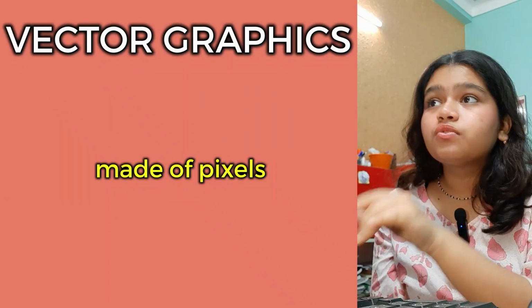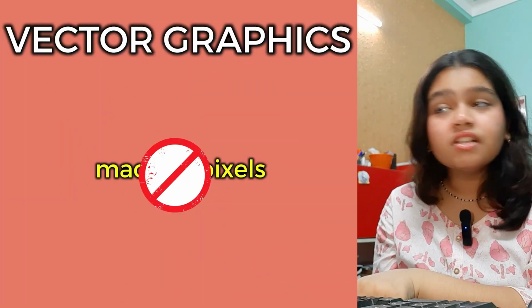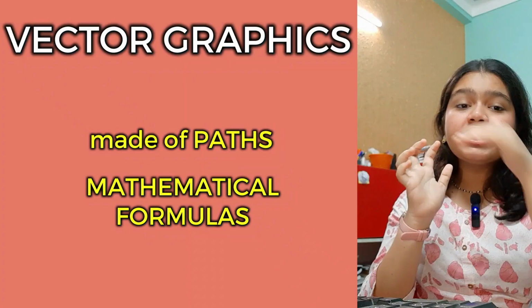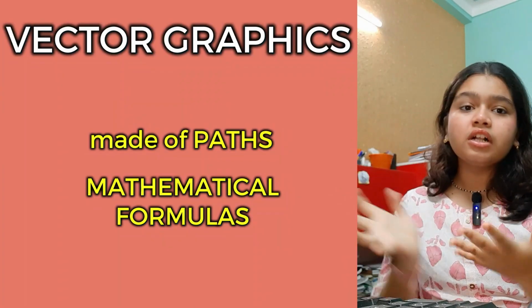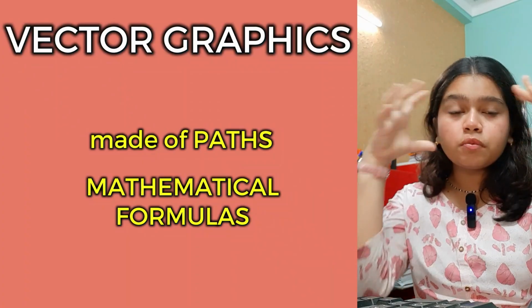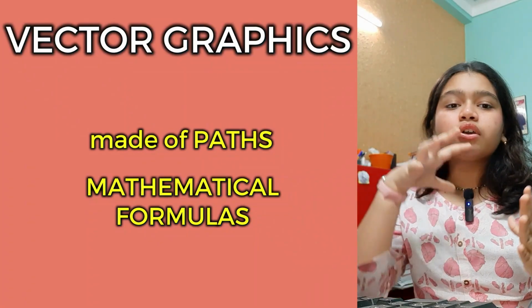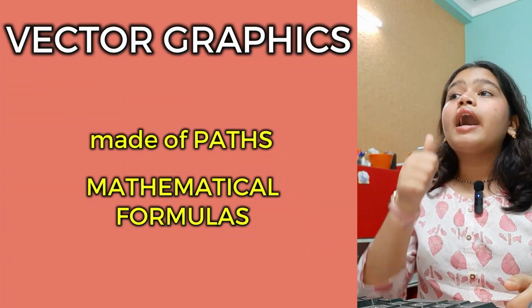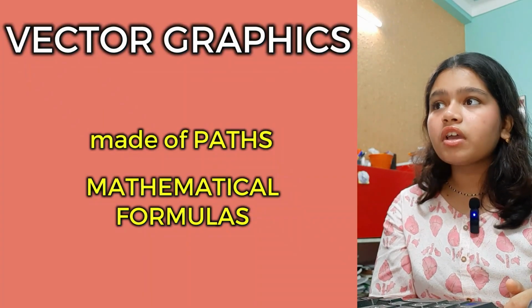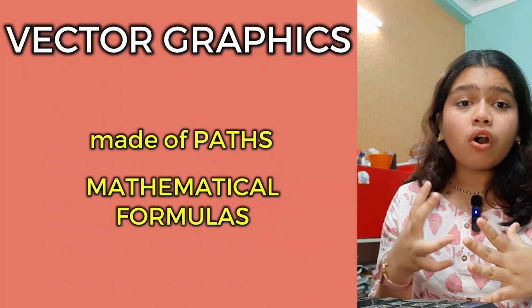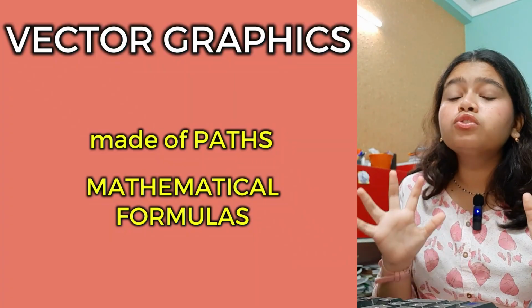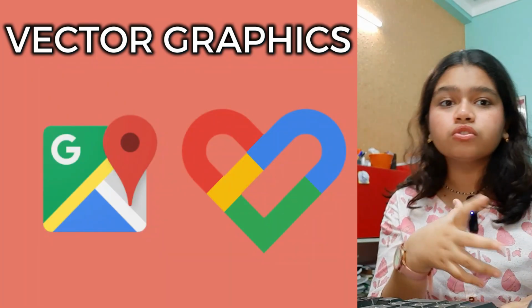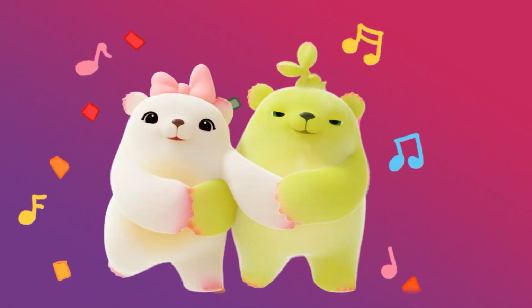Then there is vector graphics. Vector graphics is not made up of pixels, it is made up of paths, which are created using mathematical formulas. When you want to create lines, curves, edges, circles, rectangles, and you want the circle to be smooth, you can create these using mathematical formulas, and that is called vector graphics. If you zoom it, it will not appear blocky because it is not made up of pixels, so it will not lose quality. A circle will be a perfect circle. They are best suited when you're making logos, illustrations or icons.